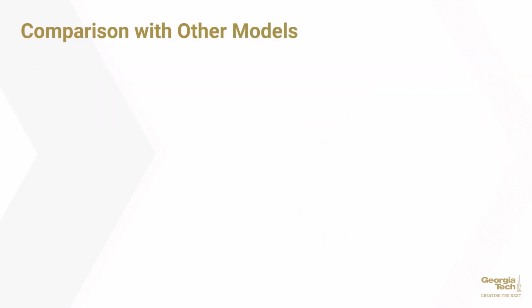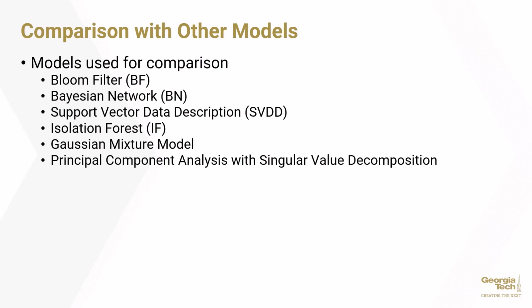And so now comparing with other models, there were 6 models that were used for comparison. So there's a Bloom filter, a Bayesian network, a support vector data description model, an isolation forest model, and then a Gaussian mixture model and a principal component analysis with singular value decomposition. And note that the first 4 models here are all supervised, and then the Gaussian mixture model and the PCA model are